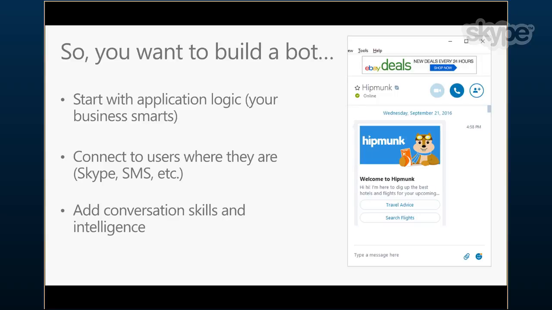And then the entities in this case would be a location, Seattle, and a time frame, tomorrow. So using a number of cognitive services, such as the Language Understanding Intelligence Service, or LUIS, gives you the ability to rapidly generate a bot that supports a level of natural language understanding that you don't have to build for yourself. So this is how you build a bot. You generate the bot, you think about the logic flow within your bot, you connect it to various channels that you want to publish the bot on, and you add conversation skills and intelligence to the bot.